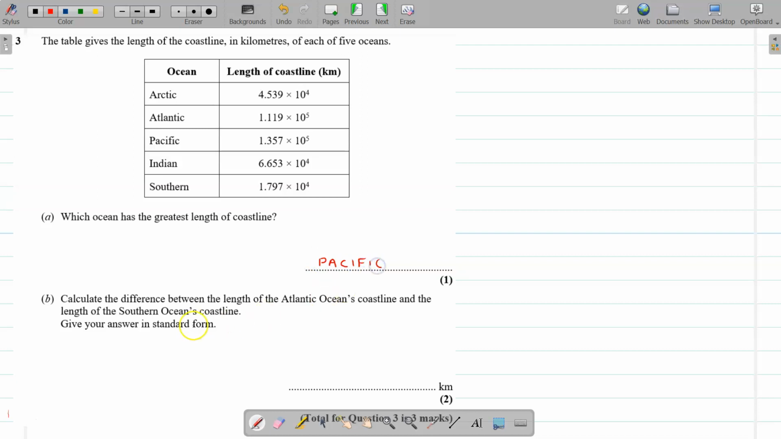Okay, and now we've got to find the difference. That's a subtraction between the Atlantic Ocean and the Southern Ocean's coastline. So we just need to pick those carefully. It's that one and that one there. So what we're going to do is a subtraction. And it's a calculator question, so we just need to put carefully into the calculator